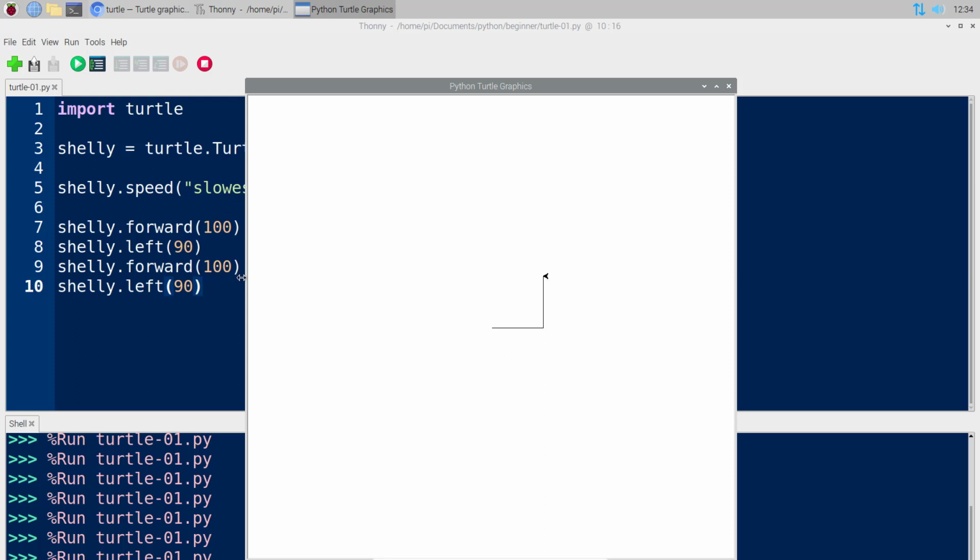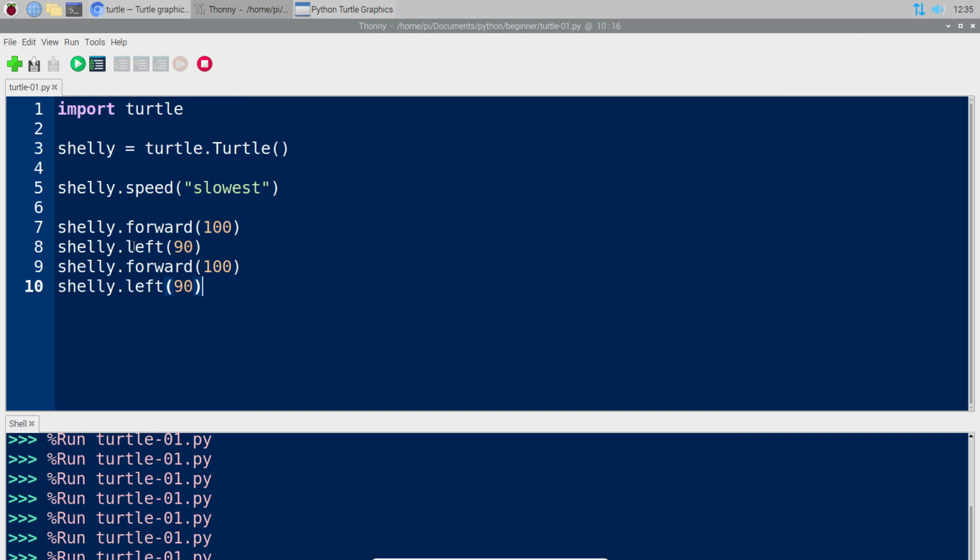So the reason why turtle is so powerful is because I'm starting to train my brain to think the way a computer thinks, and this helps me correct any wrong assumptions that I may have. So for instance, if instead of turning left here, I turn right. Sorry, I turn left here, so that's fine. But if I turn right on the next one,